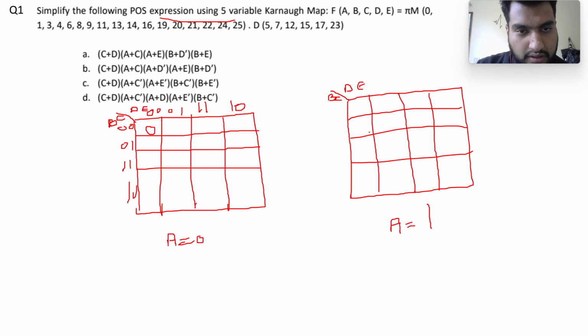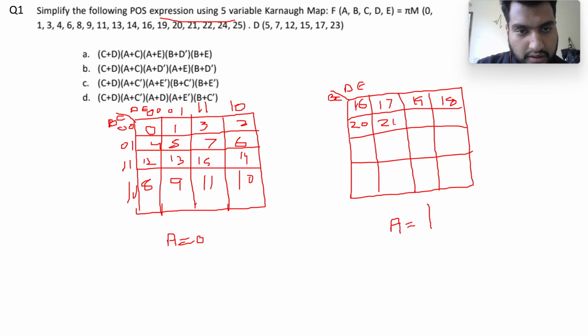So same is for this, so let me just mark the terms first. So this is 0 1 2 3, this is 4 5, and this is 6, and this is 7, this is 8 9, this is 10, and this is 11, and this is 12 13 14 and 15. Now for this we start with 16, so this is 16 17 18 goes here, and 19, then we have